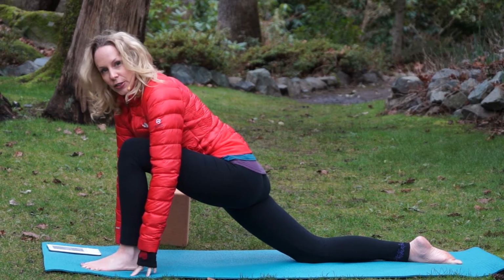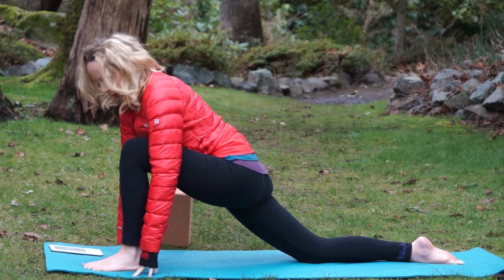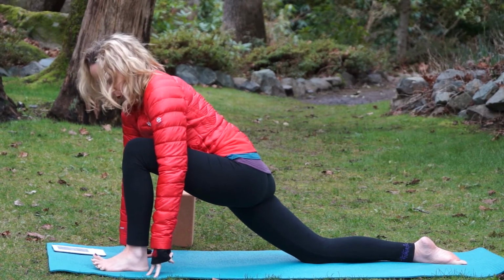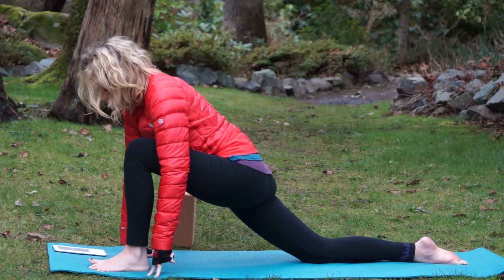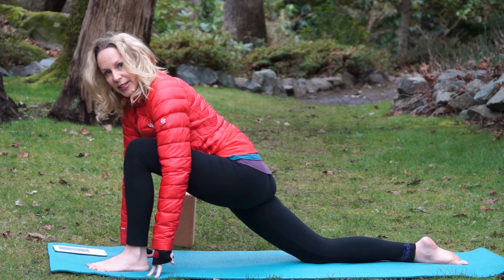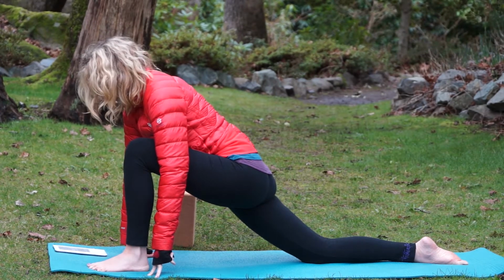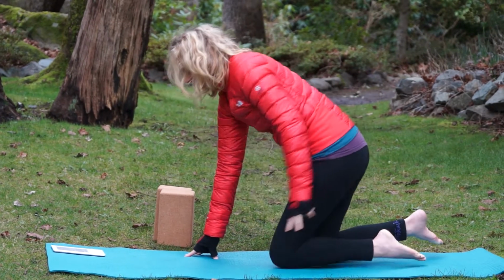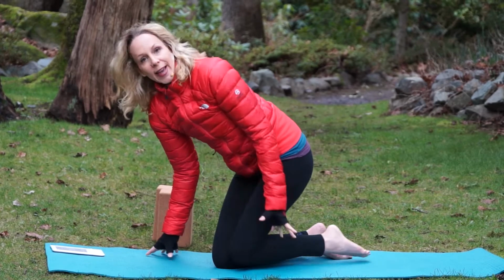The second thing that you can do while you're in lunge pose to help with your balance is, number 2, spread your toes. So lift and spread your toes. When you spread your toes, you're going to have a wider base of support. Now I'm going to show you a stretch to help you spread your toes in lunge pose and any standing